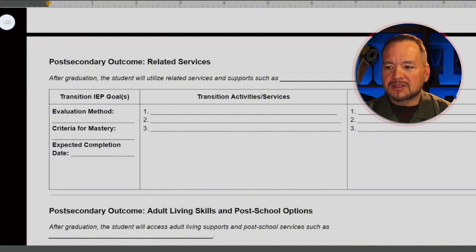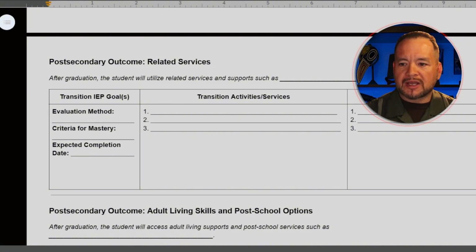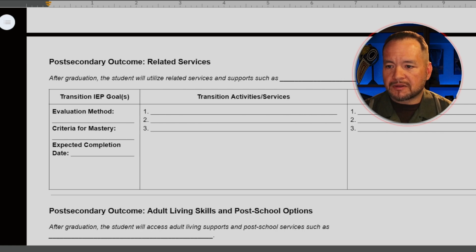The next section is related services. And related services can include things like physical therapy, occupational therapy, counseling. It's important to be aware of the different adult community systems that can be useful for us once we leave high school, and also being able to articulate our needs in these services for the adult systems is really useful.